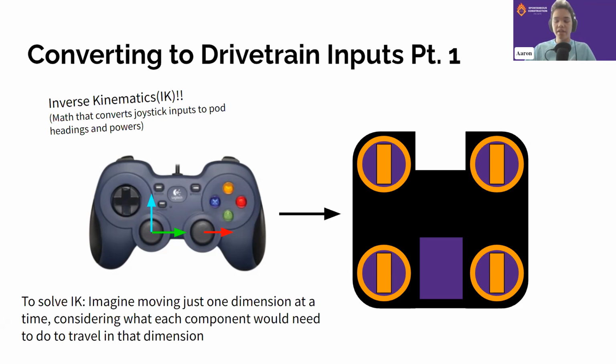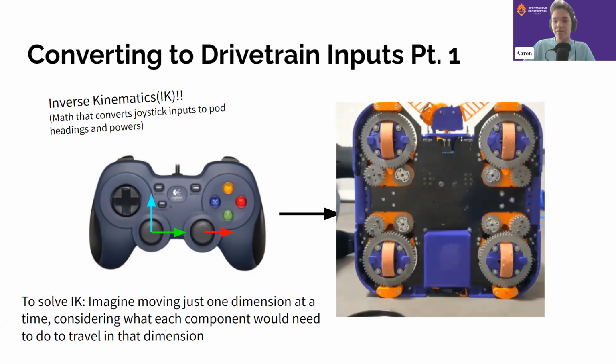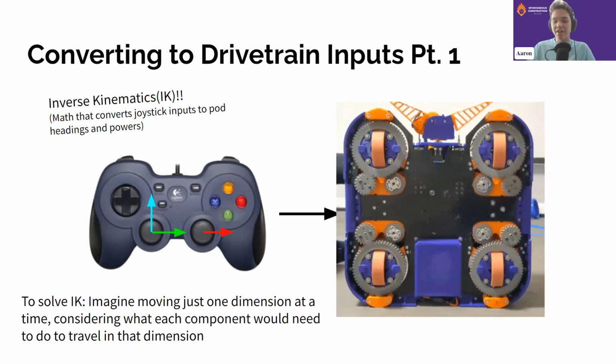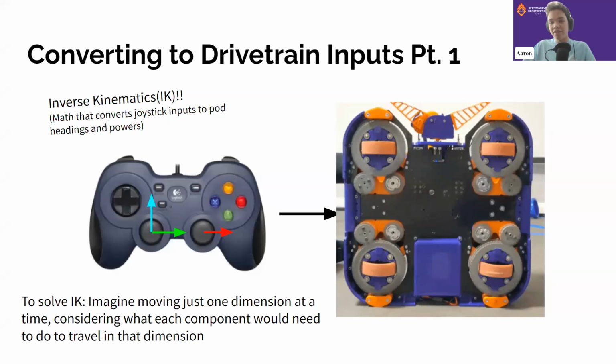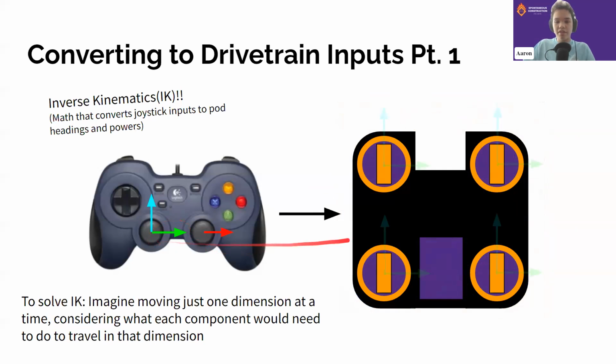It turns out that with any swerve drive, for any lateral movements without rotation, all four pods just need to be facing the exact same direction and running at the same speed, which is very convenient because, as you see in the video, it's very simple, and we can directly map the joystick inputs onto each pod